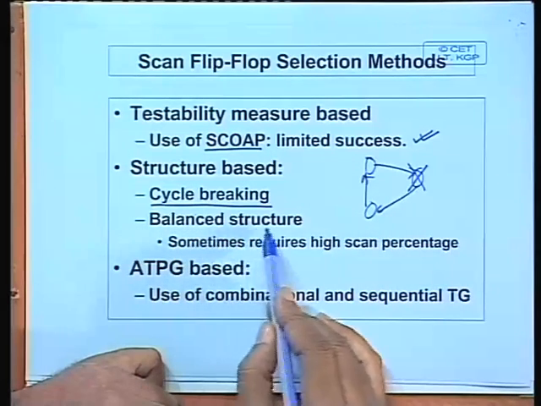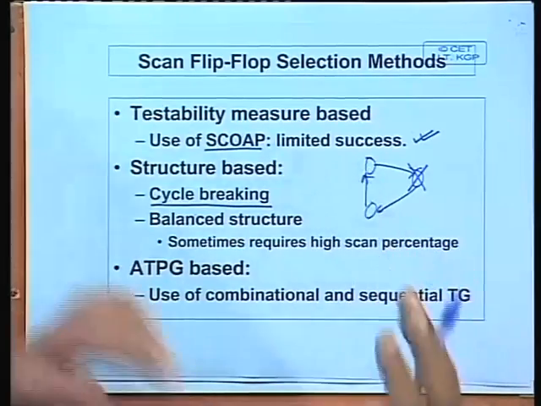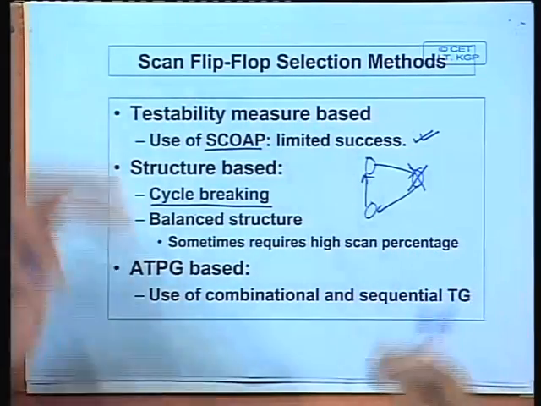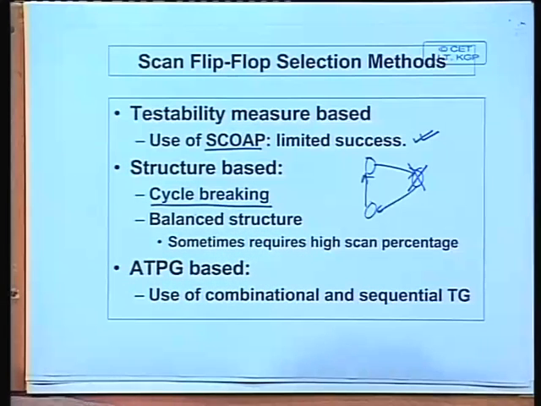Secondly, you try to have some kind of balanced structure. That means the number of flip-flops that can lie in cascade, you limit that to the same value in all cases. So these all help in sequential ATPG. So combinational sequential test generation you can do. So to summarize,